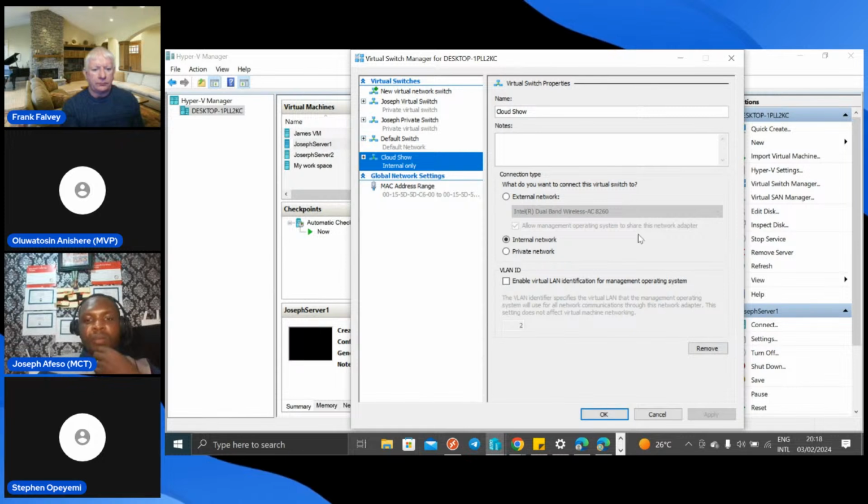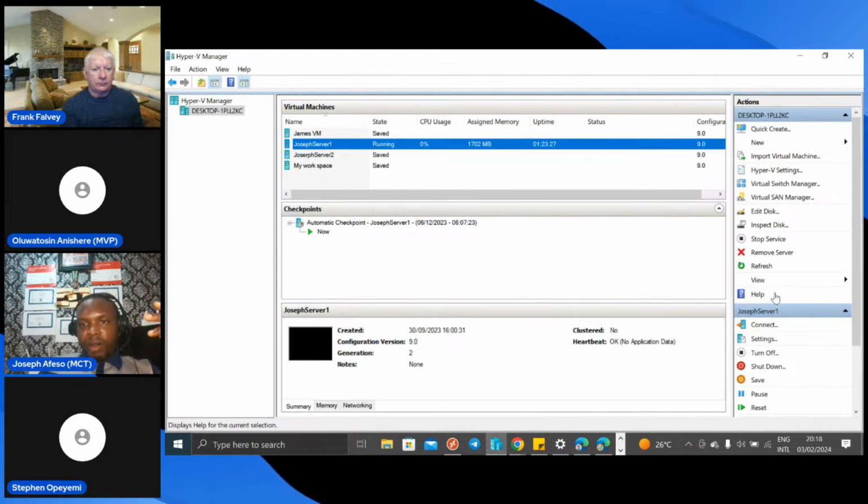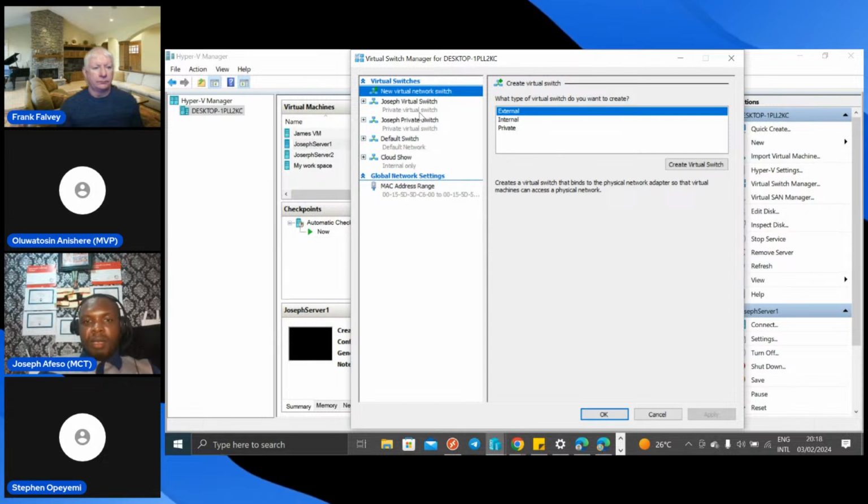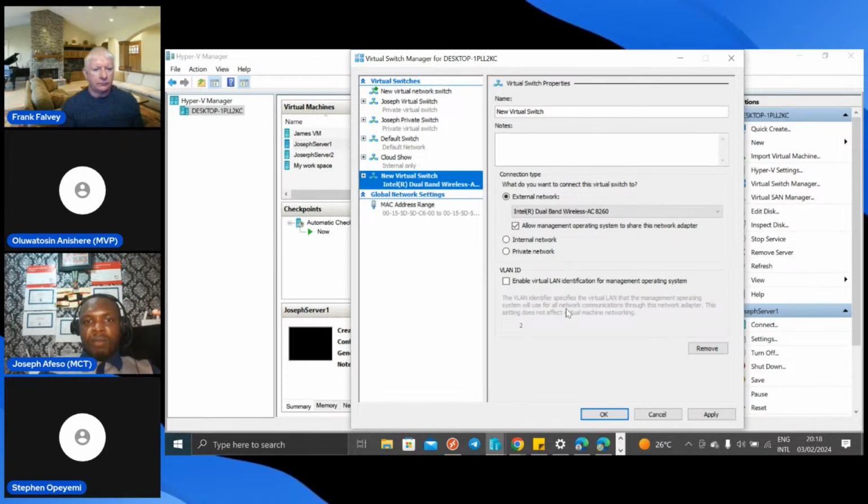But all of this happens within the on-prem environment. Our focus today is actually going to be on the Azure environment. If you come to this place and decide to create a virtual switch, you have the option to make it an internal network or a private network.